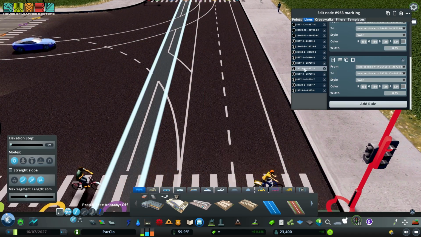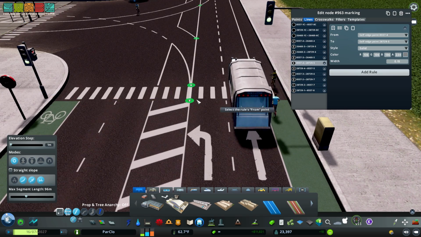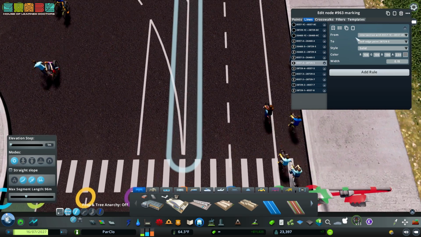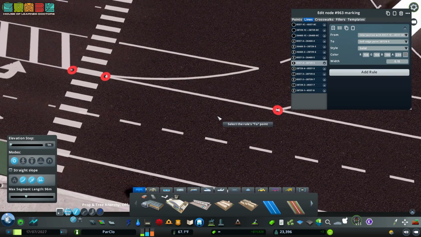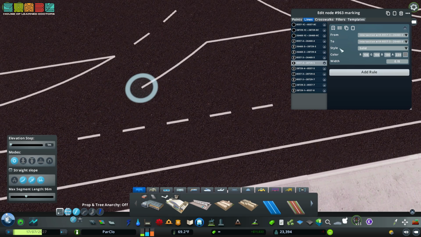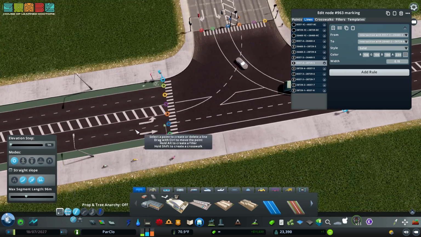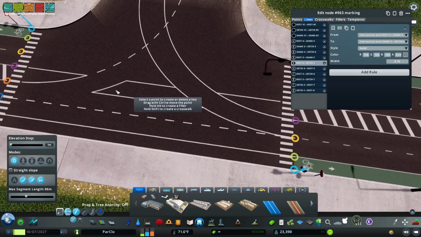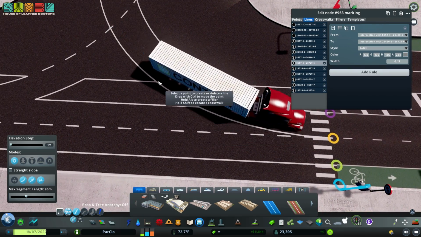Let's do the same thing to the next line, the next vertical line here. So the start point will be here, end point will be... Ooh, I take it back. Start point will actually be here, end point will be here, because I want to make a break in the road so these guys can turn left through it. Essentially, I'm making a median. And then at the end here,